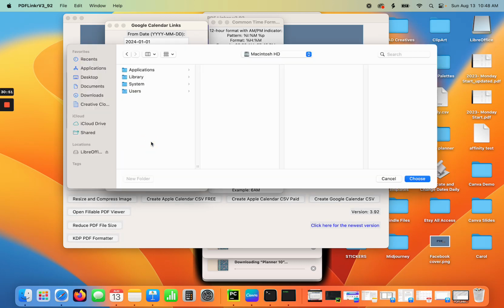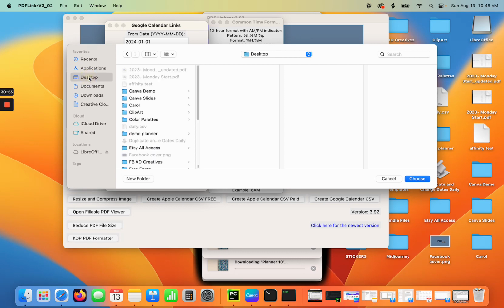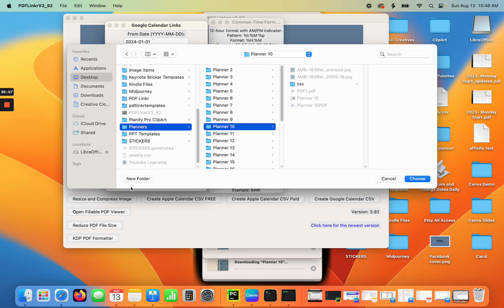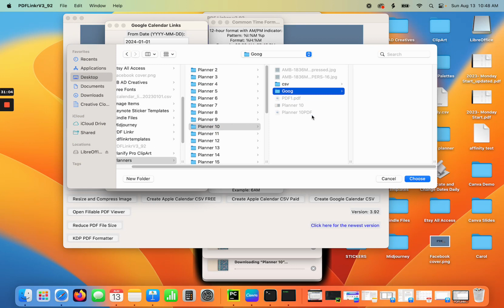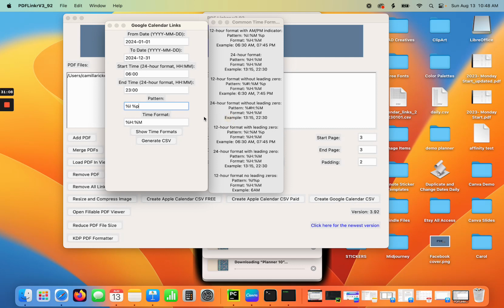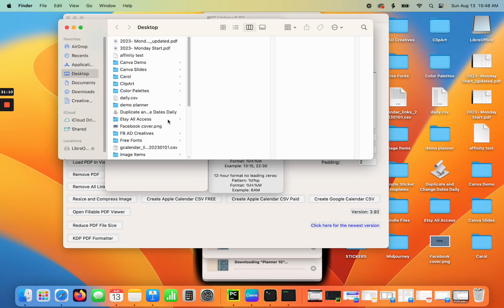I'm going to generate my CSVs. It's going to ask me where I want to save that. So I'm going to go to that planner file that I'm working on. I'm going to create a new folder. I'm going to call it Google, because that's where all of my Google Planner links are going to be created. So if I go back to that,